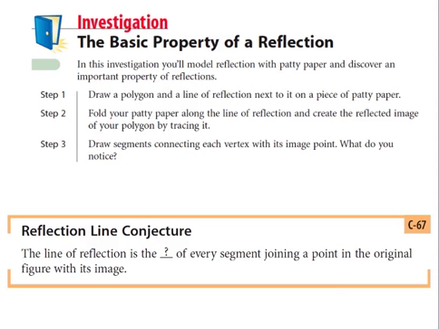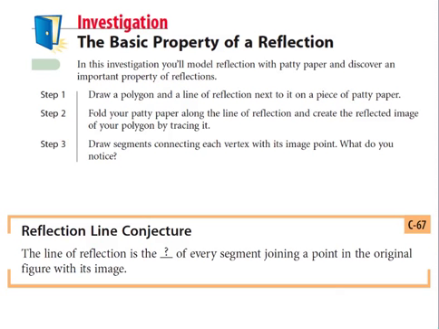Now what I want you to do is draw a line of reflection. So the line of reflection, let's not have it touch the shape. Let's have it be a different line. It can be vertical, horizontal, or diagonal. But go ahead and draw a line of reflection next to the figure you just drew. Once you do that, okay, once you draw in your line of reflection,